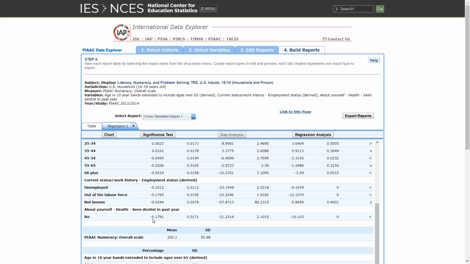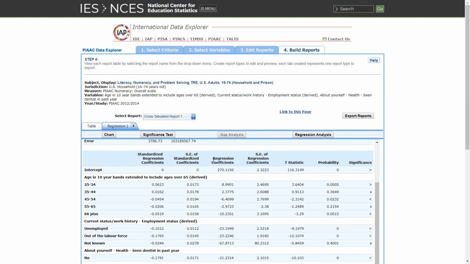For example, looking at seeing a dentist, which has a standardized regression coefficient of -0.18, and comparing that to the standardized coefficient for unemployed, -0.10, we can say that seeing a dentist has a stronger relationship with the dependent variable, or numeracy, than being unemployed. In order to interpret the results within each of the variables, we can look at the unstandardized regression coefficients,